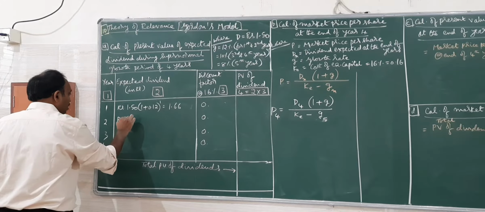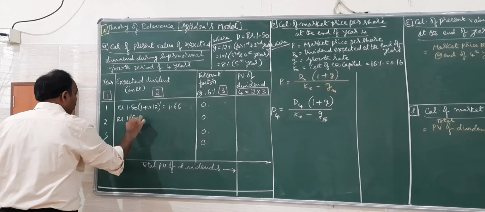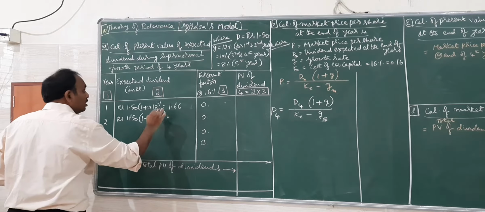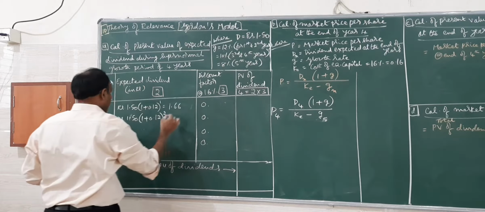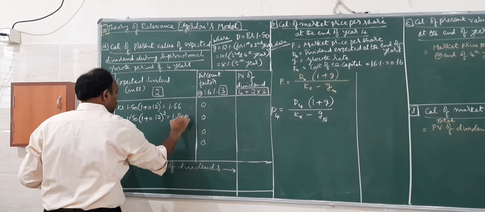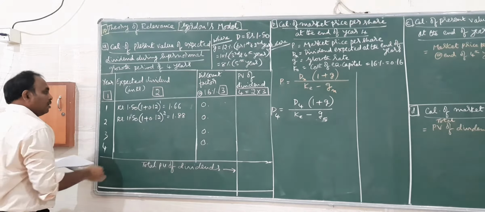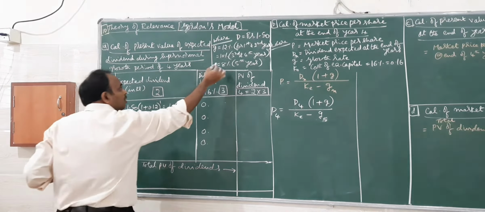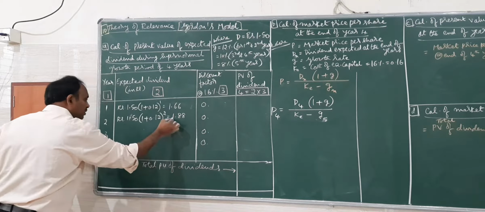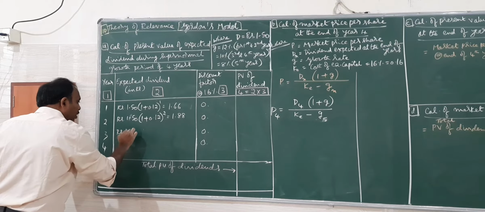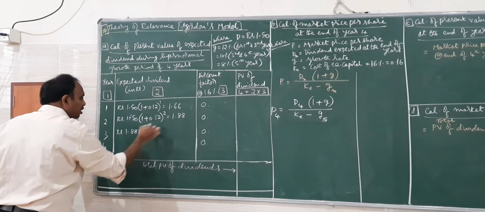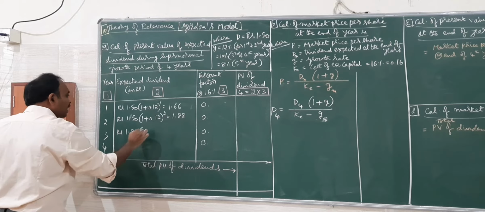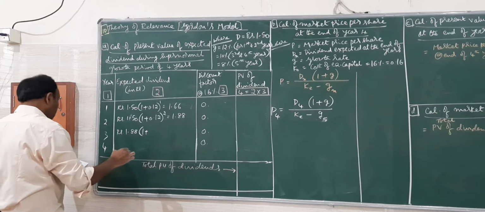Then the dividend 1.50, again the growth is at 12% for the second year also. It comes to 1.88. So when taking the third year, I will not take 1.5 because the growth rate is different. I will take this value, 1 rupee 88 paisa dividend, which is going to be received at the end of the second year,